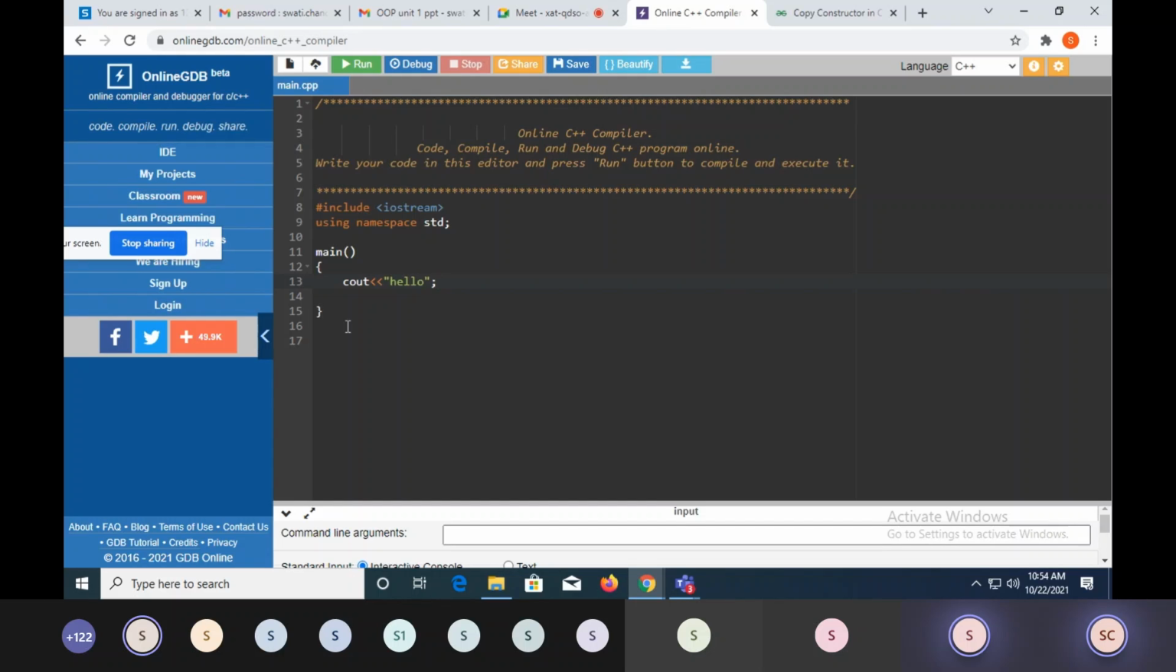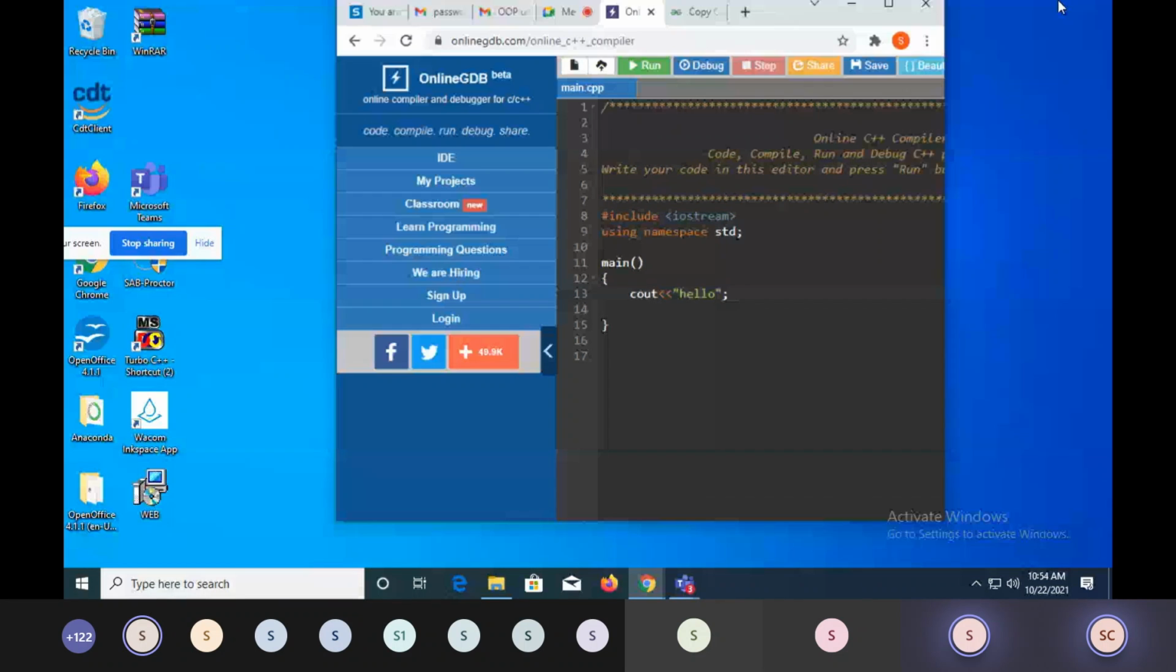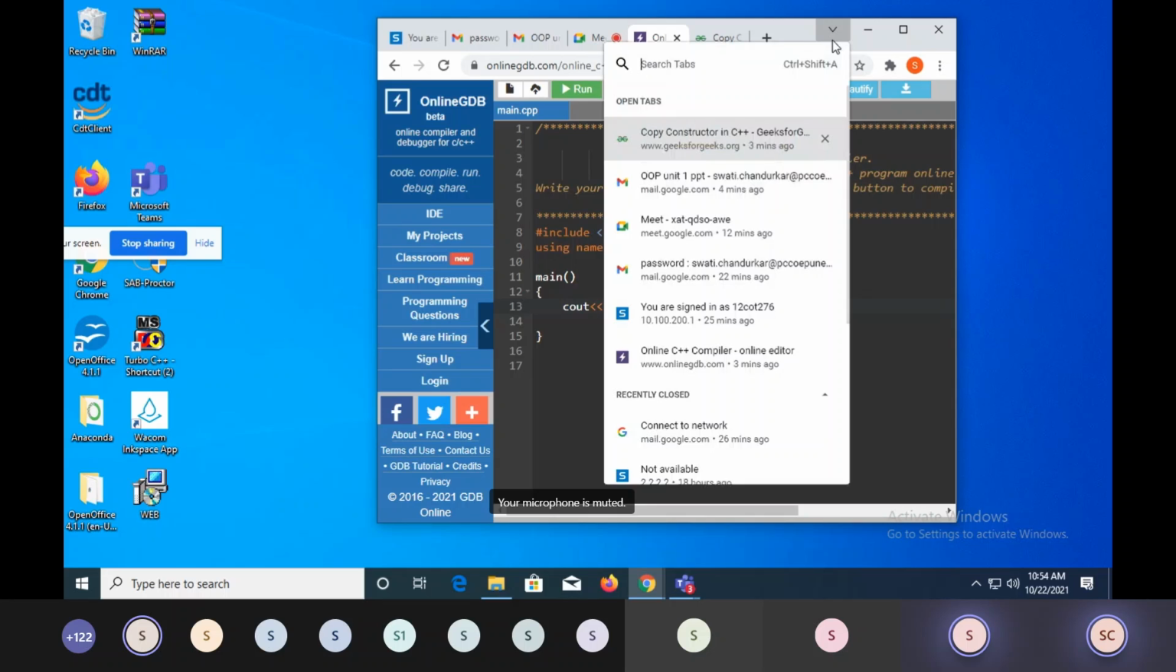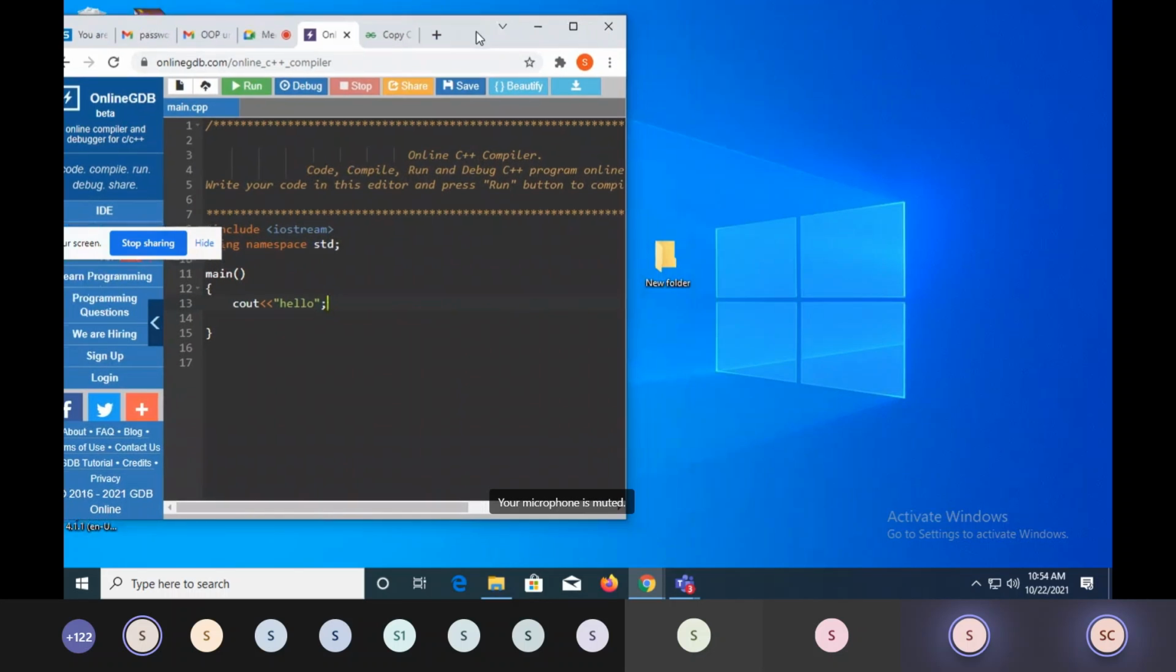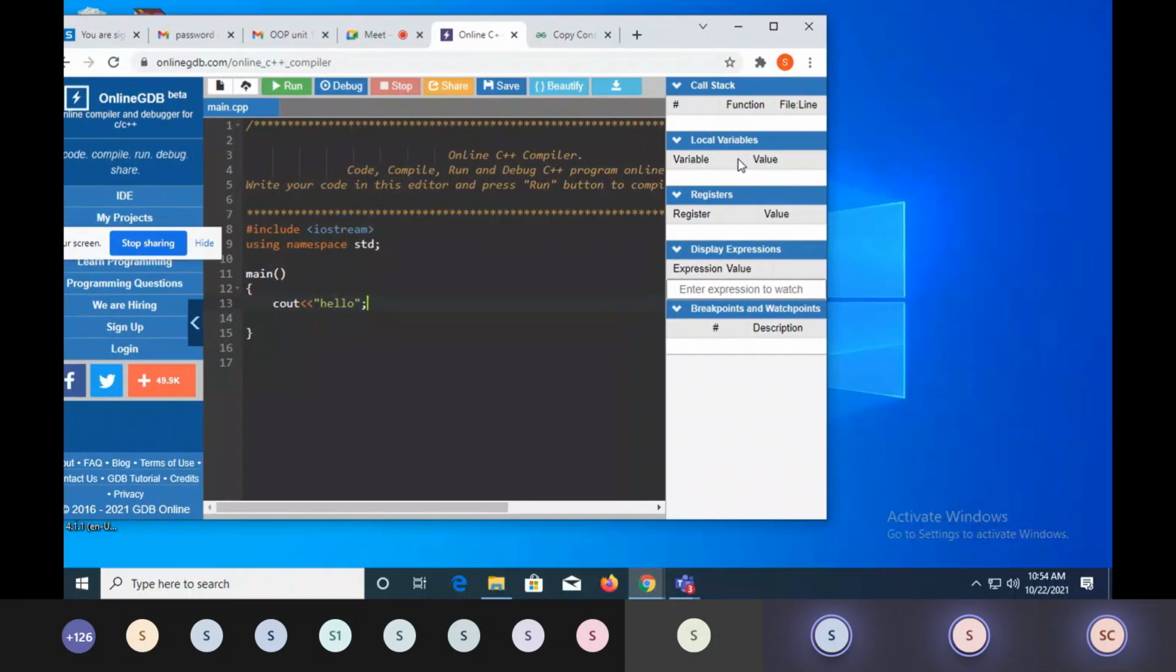So, can anyone tell me, can I say this is an OOP program? Yes, ma'am. Why? Ma'am, cout is an object. Very good. See, even though I'm not writing a class here,